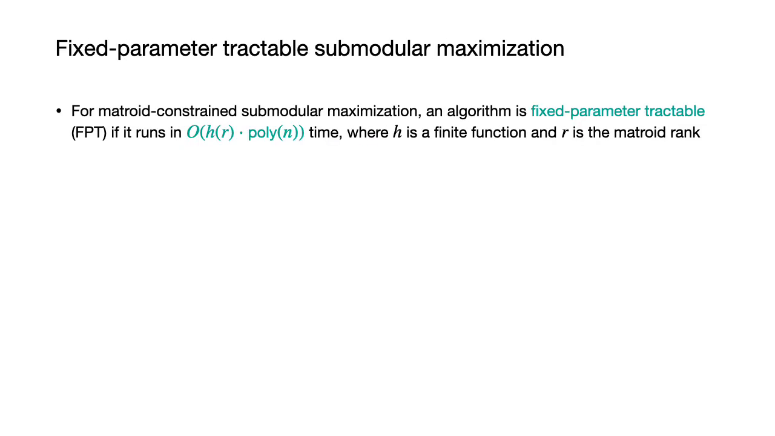In this work, instead of polynomial time algorithms, we consider fixed parameter tractable algorithms. For Matroid constraint submodular maximization, an algorithm is fixed parameter tractable if it runs in O(h(R)) times poly n time, where h can be any finite function and R is the Matroid rank. A concrete example would be, imagine you visit Paris and you take 100 photos. Among 100 photos, you want to select 9 photos to post on your social media. Even though 100 is a very large number, 9 is a very small number, so FPT algorithm would work very